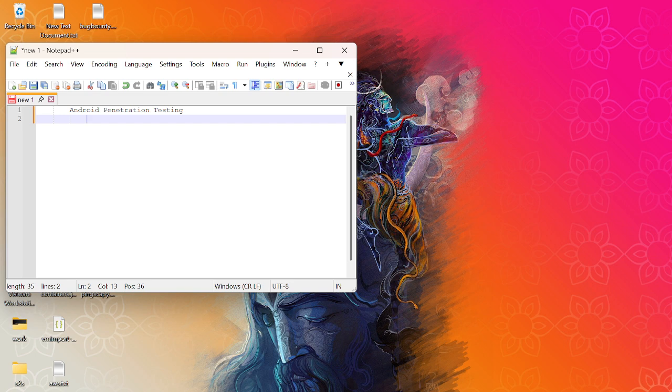Today we're going to learn a new course called Android penetration testing. So what is Android penetration testing? Android penetration testing is a type of ethical hacking focused on identifying and exploiting security weaknesses in Android applications and devices. The goal is to discover the vulnerabilities before a malicious hacker does, to ensure the app or device is